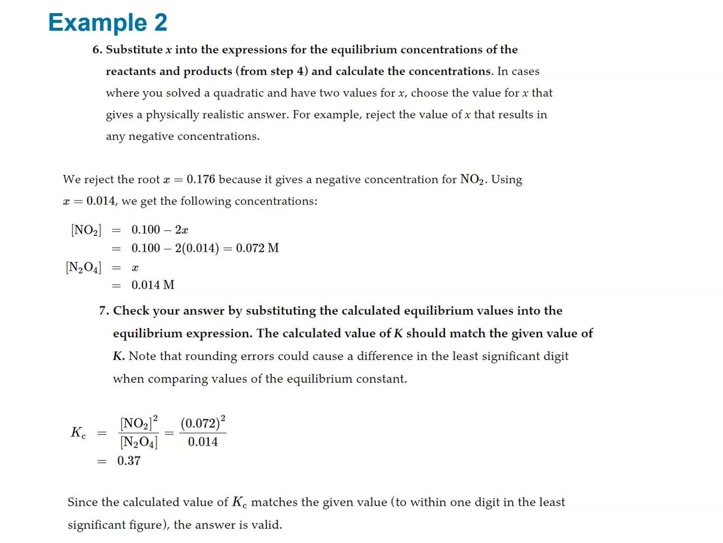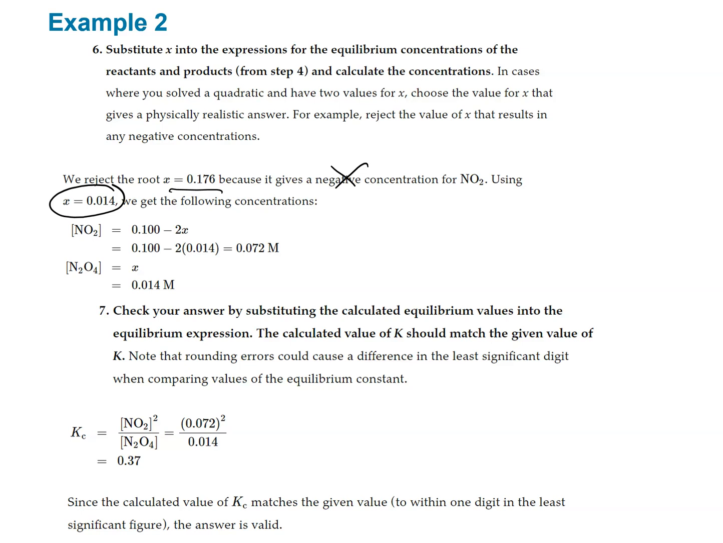So then what we have to do is substitute X into the expressions for the equilibrium concentrations of the reactants and products from step 4 and calculate the concentrations. When we do this, we can absolutely reject the root X equals 0.176 because it gives a negative concentration. Obviously, we don't have negative concentrations for anything, because you can't have a concentration of a reactant or a product that's less than 0. That's typically what happens. One of the two is going to give a negative, and we know what we got. So in this particular case, X is going to be 0.014. That's our delta per mole